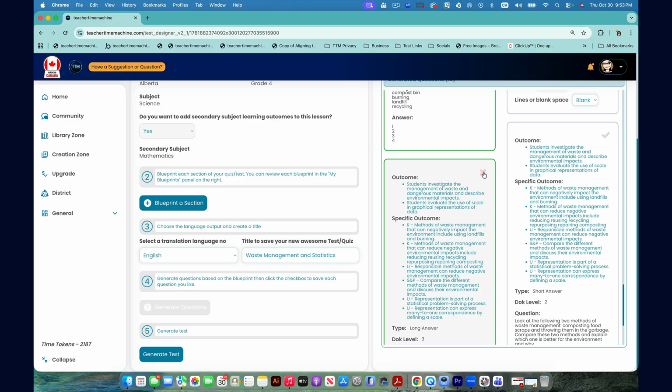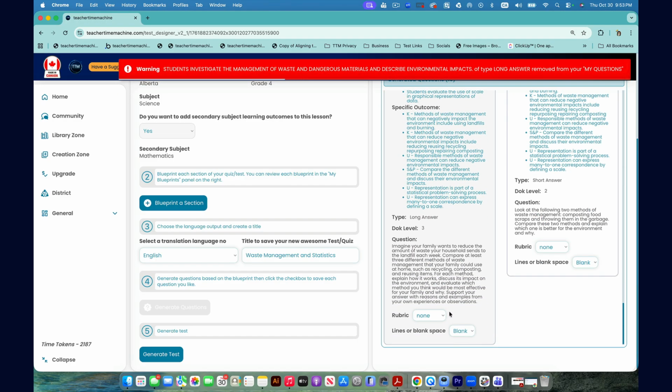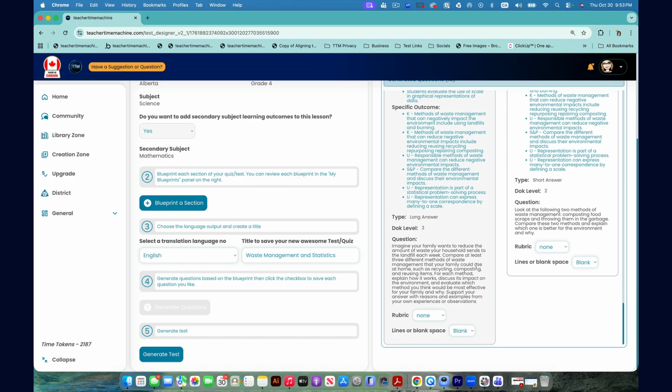Oh, I already approved this one, but I'm going to have to unapprove it just to make sure. And you just get that if you unapprove something. And I just want to make sure I make a rubric for this question. Now, I already have a general rubric for this section, which is great, because then I can take a look